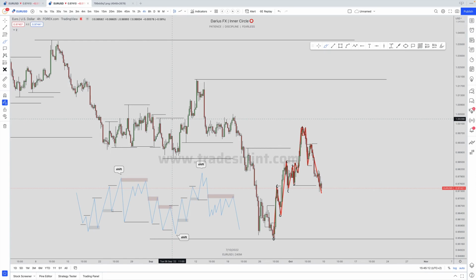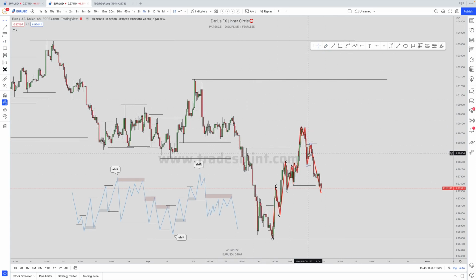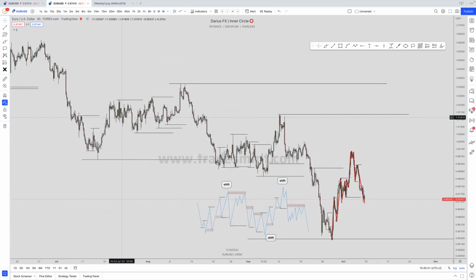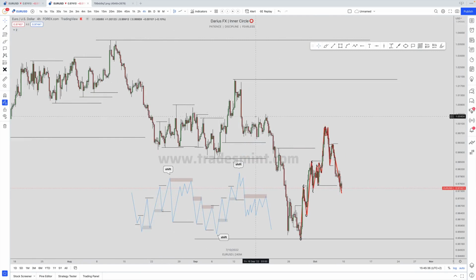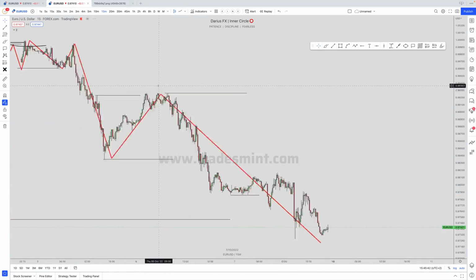So if you're right now probably a little bit confused because you say, okay, but how do we use that market structure? I cannot tell it to you right now. Why? Because we need the other concepts which will support the structure, or will not support the structure. That will be then relevant for us. Okay. So right now, guys, what you can do, go on your charts and try to map out all these individual structures. What I want to go over as well is, if you go now to M15 right here at the top, for instance,